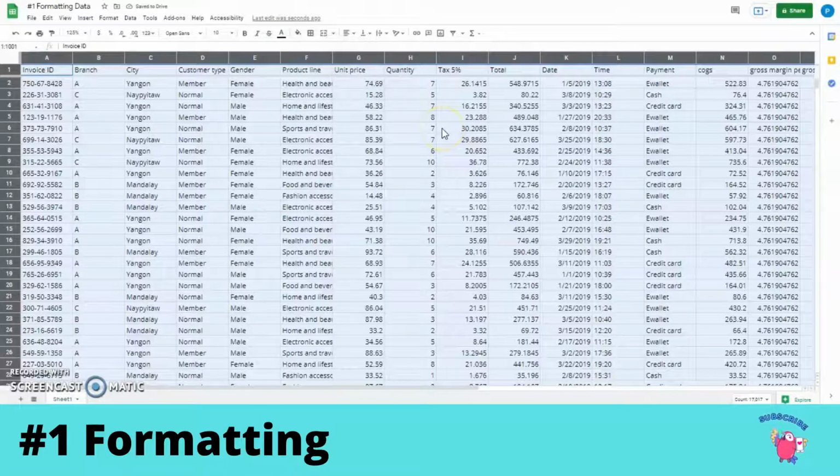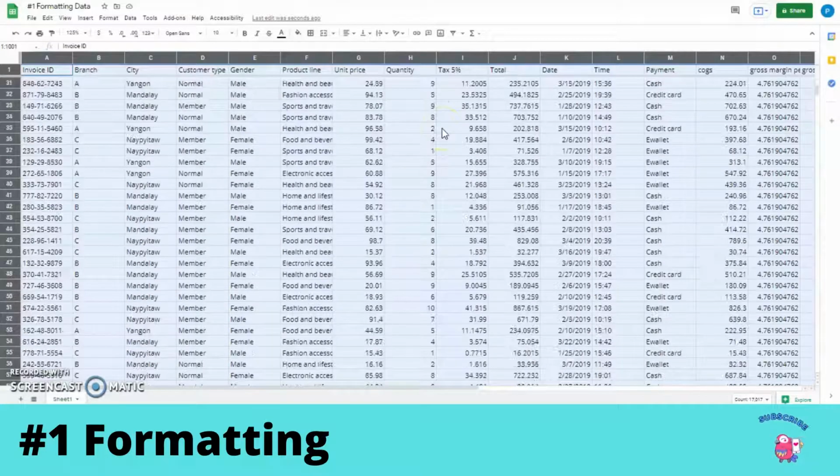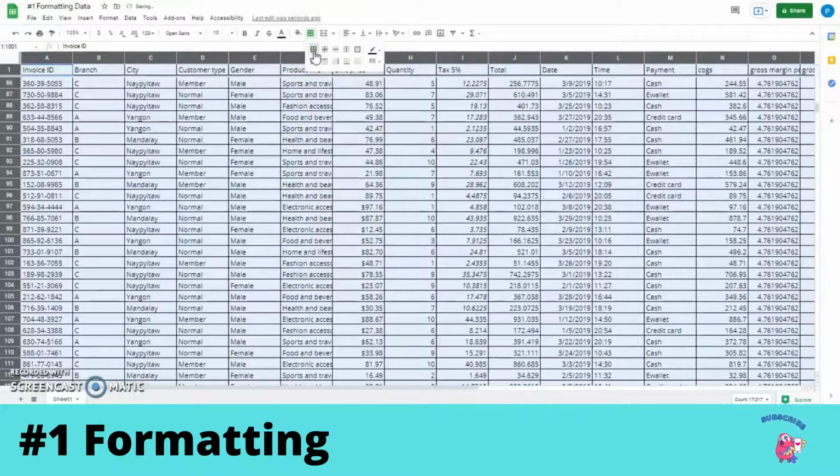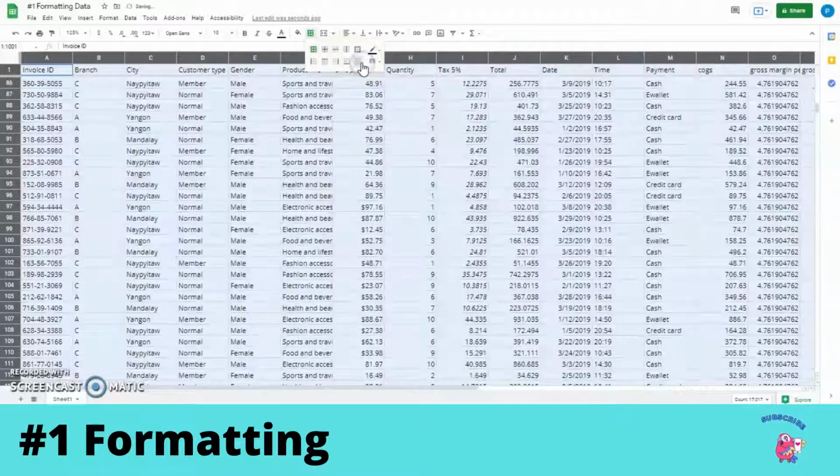Font color is reset. As we saw, at one of the places a border was there. Here is the border. Now if you want to make sure the complete sheet has a border, then go here and select the complete border throughout the sheet. If you want to remove the border, you have to go here and select remove the border.